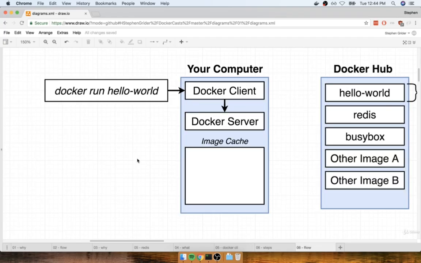All right, here we go. At the terminal, you and I executed the command docker run hello world. That starts up the Docker client or the Docker CLI. Again, the Docker CLI is in charge of taking commands from you, doing a little bit of processing on them, and then communicating the commands over to something called the Docker server. And it's that Docker server that is really in charge of the heavy lifting. When we ran the command docker run hello world, that meant that we wanted to start